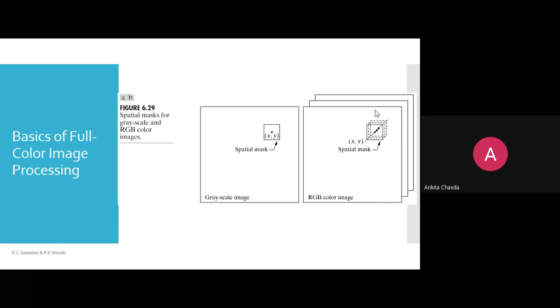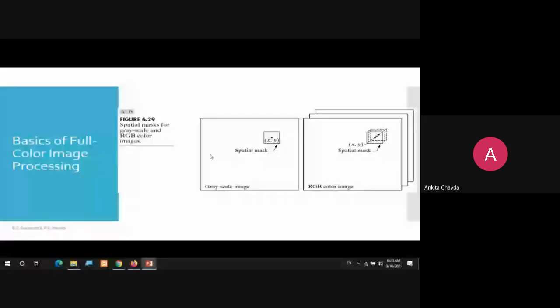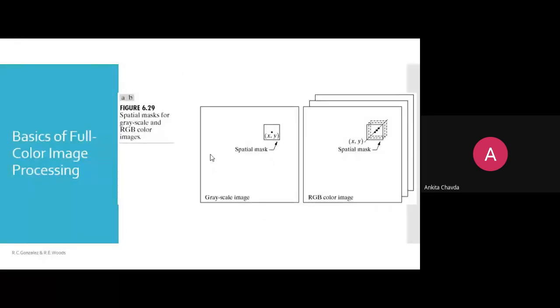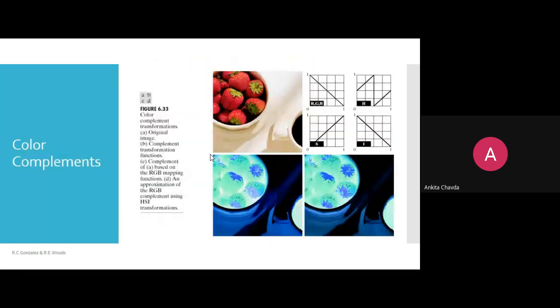Again you will go to the third plane, and in one vector you will write all these three values for R, G and B. Are you getting it? Right. So this is what you are doing when we are dealing with the color image. Okay, now again back to this.